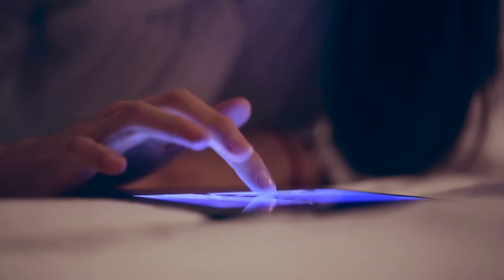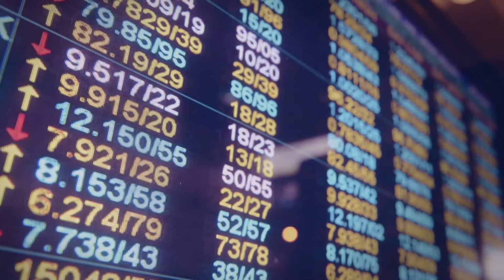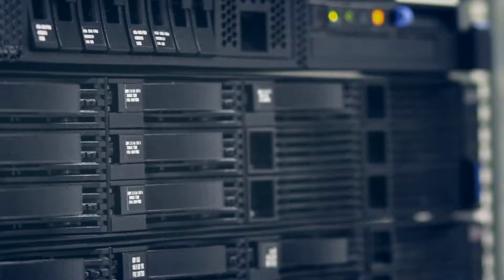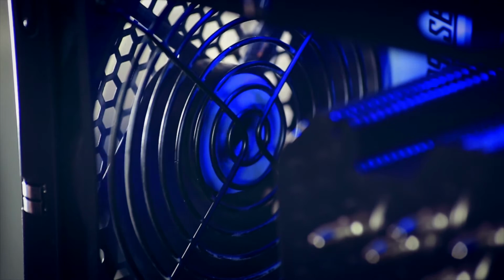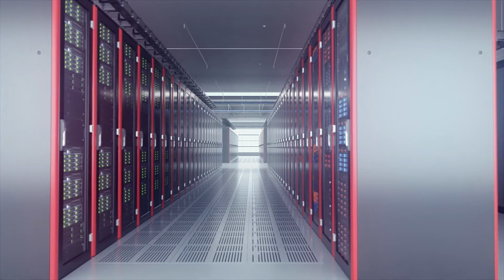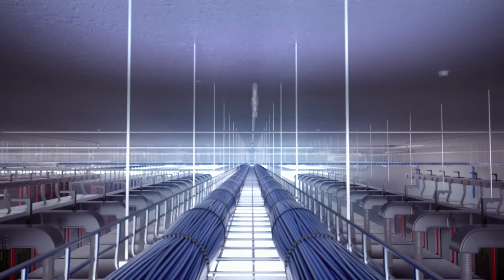Data is the new oil that keeps businesses running. The already enormous amount of data we produce and consume is growing exponentially every year. This has led to an increased demand for large data centers. A large data center contains server rows after server rows, with hundreds of kilometers of cables connecting the servers online